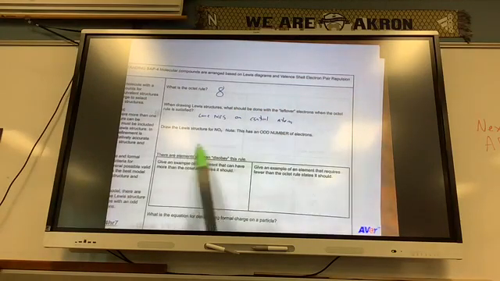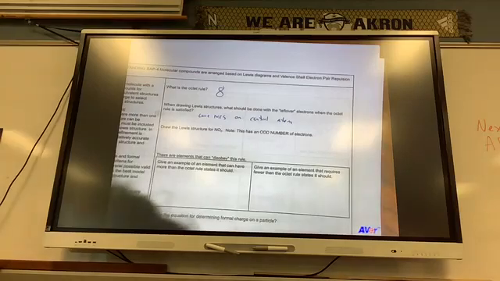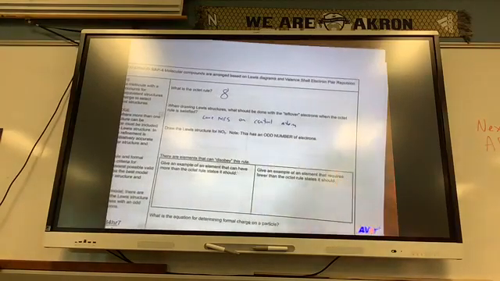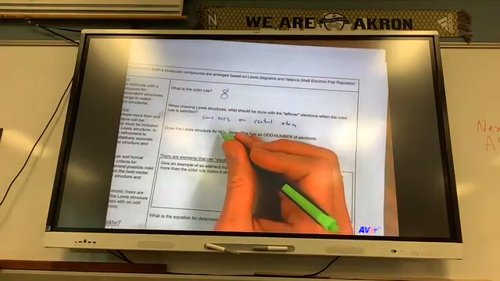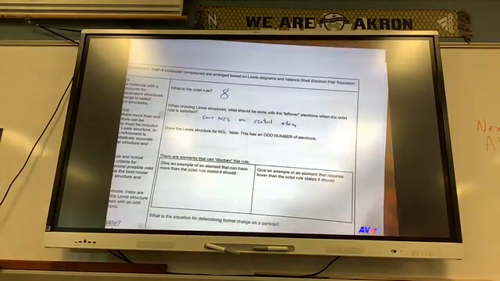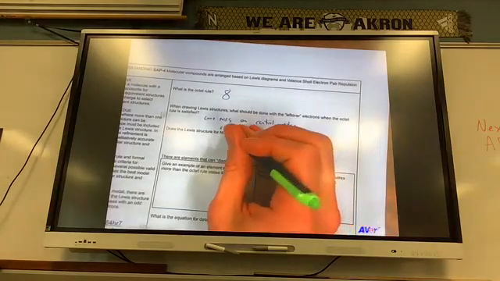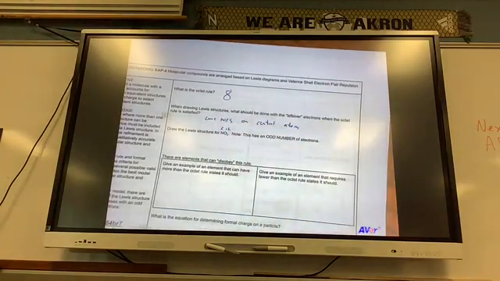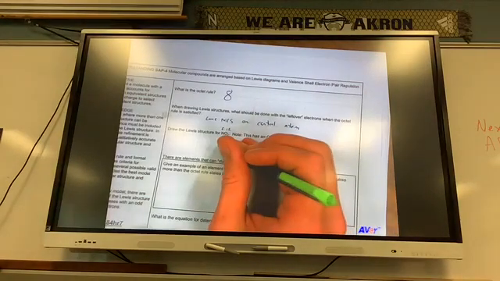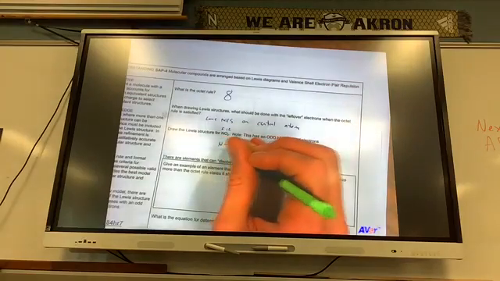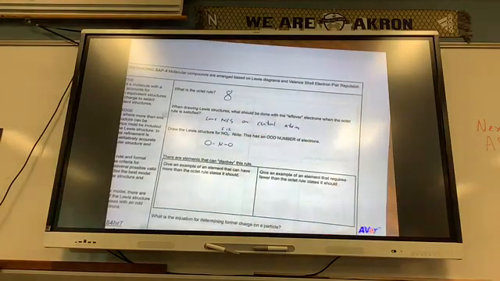Draw the Lewis structure for NO2. So this has an odd number, let's say NO2 minus? No, NO2. So nitrogen has how many valence electrons? 5. Oxygen has 6, so two oxygens is 12. So I have 17 valence electrons, right? So if I have N, O, O,